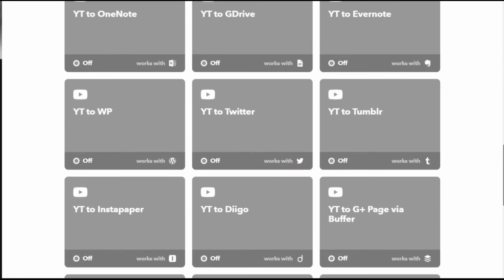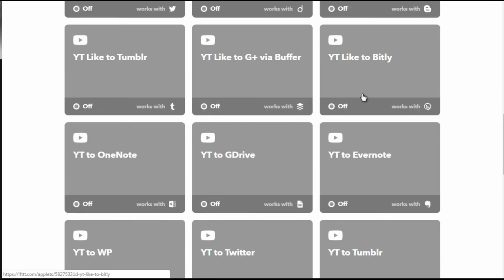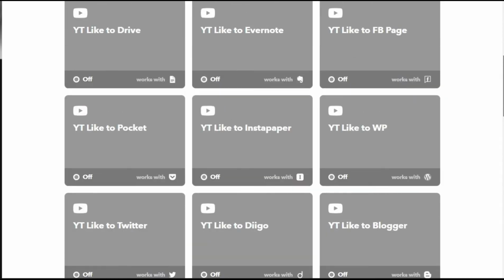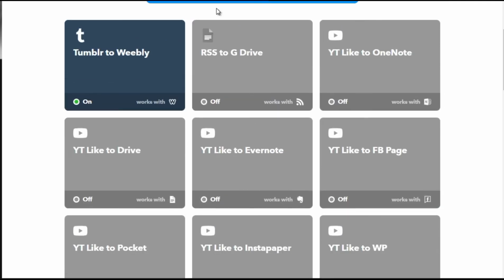And we've got YouTube to Tumblr, YouTube to Twitter. It can go on and on if you really want, or you can simply pick and choose what you want and what you don't want and go from there. In order to turn them on, you simply click here. But for the sake of showing you, this is what it looks like. As you can see, the Tumblr to Weebly is activated, and when it is activated, it'll have the on button and the green light.